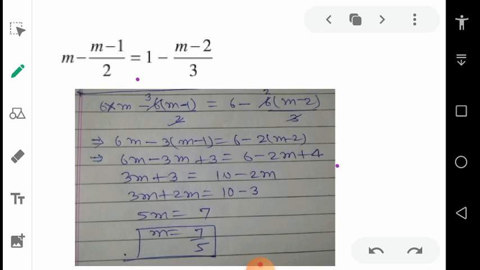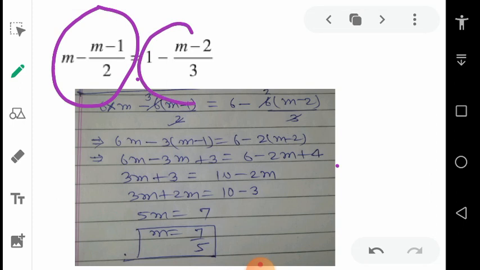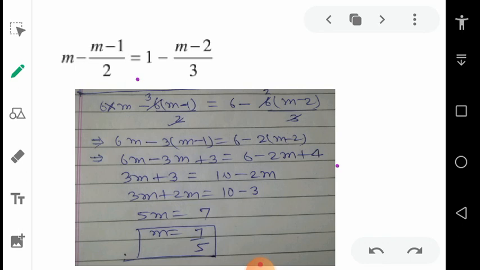So on the left hand side the denominator is 2, on the right hand side the denominator is 3. So the LCM of both these is 6, and we are multiplying by 6 on both sides. After simplifying we get m equals 7 upon 5. As you can see, we have a mixed proper improper fraction, that is 7 upon 5. When we get fractions, the cross checking becomes not so easy, but just do it for your confirmation that your answer is correct.